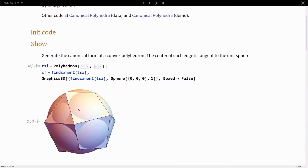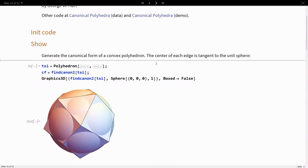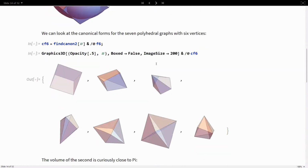That's the canonical form of a polyhedron. So since we have code for that, we can go through the 7 polyhedra that have 6 vertices, and here's the canonical forms of each. We've got a prism here, the octahedron, a